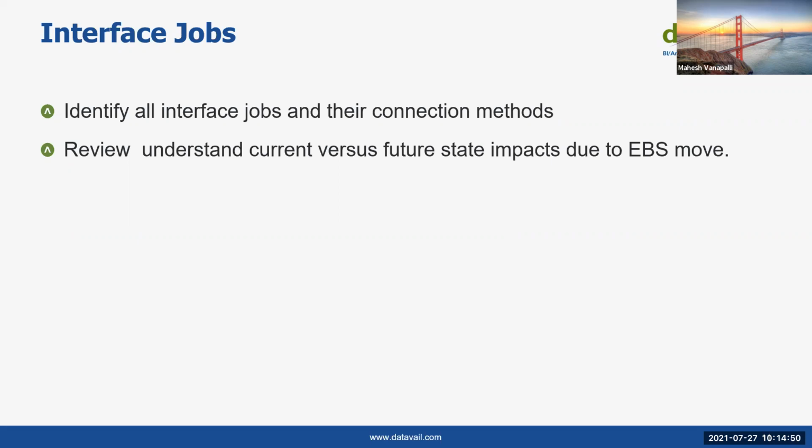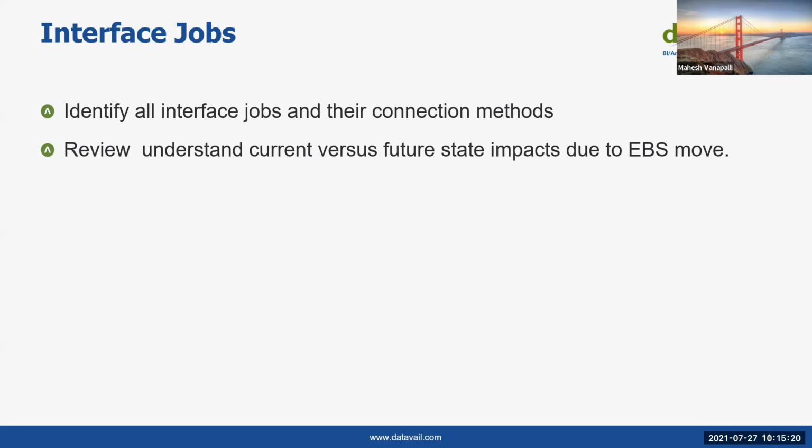Sometimes we find that, okay, this job is not important, but what happens when we take only EBS from on-prem to the cloud and the rest stays on-prem? For a period of time, it is possible that you may have these applications separated. They may have a future state where everything will be located in the same place, or it could be a multi-cloud platform. They could be separated.